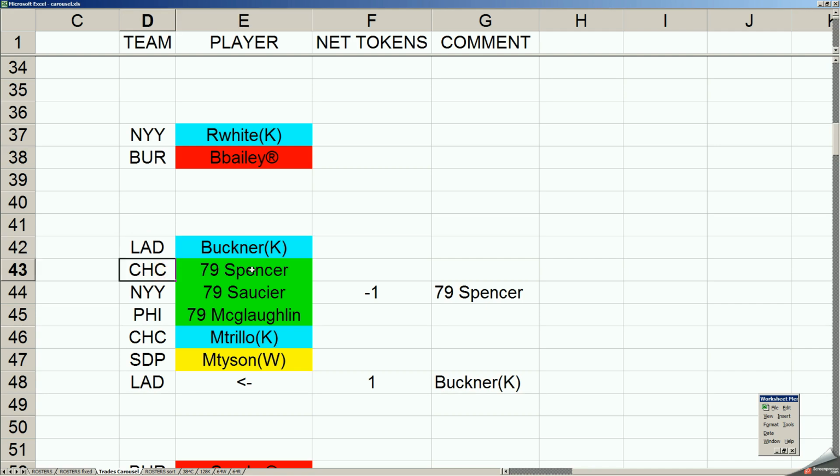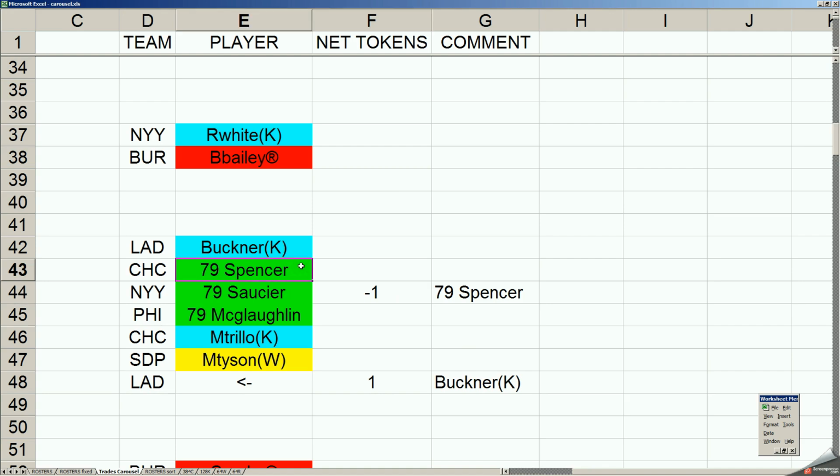The Cubs send a really good 1979 Jim Spencer card to the Yankees. The Yankees send a pretty mediocre to below average Kevin Soche card to the Phillies. The Phillies send one of their relievers, Joey McLaughlin, back to the Cubs to take Spencer's spot. And oh, by the way, the Cubs then have to send the rights to Manny Trio to the Padres as a second baseman, and their waiver second baseman, Mike Tyson, ends up back on the Dodgers, who are going to waive him anyway. So the net of all this movement is that the Yankees have to pony up a token